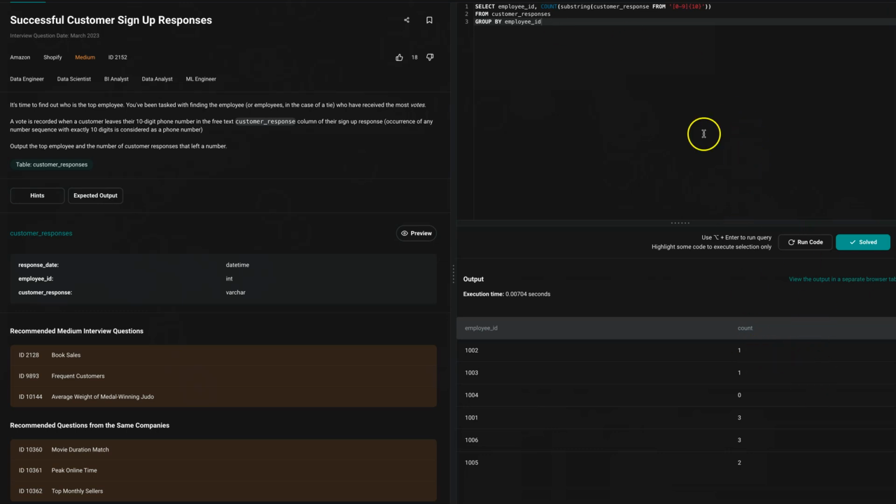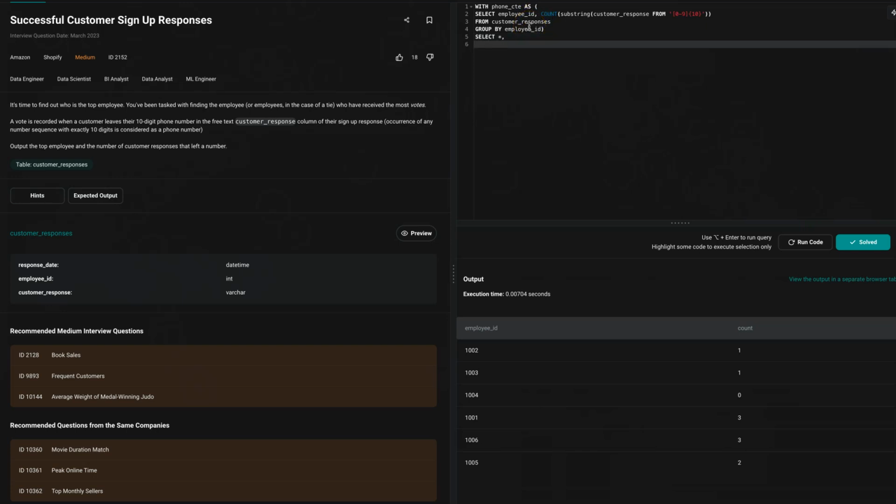So I'm going to add one more column here called rank, but for that I'm going to put this into a CTE. Let's call that phone CTE, which is a common table expression or temporary table. And then let's call all these columns, employee ID and count, from this, and add a window function to it. I'm going to be using the dense rank window function, because dense rank will rank which is the top performing employee, based on